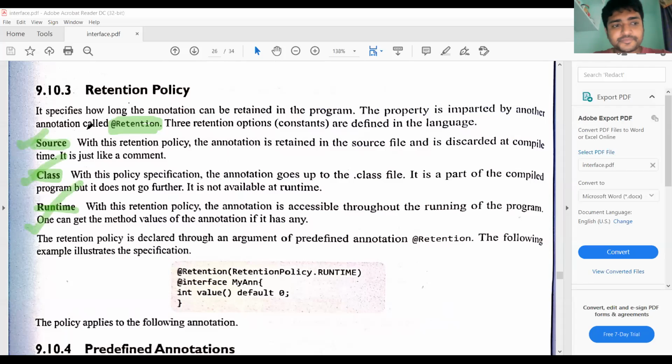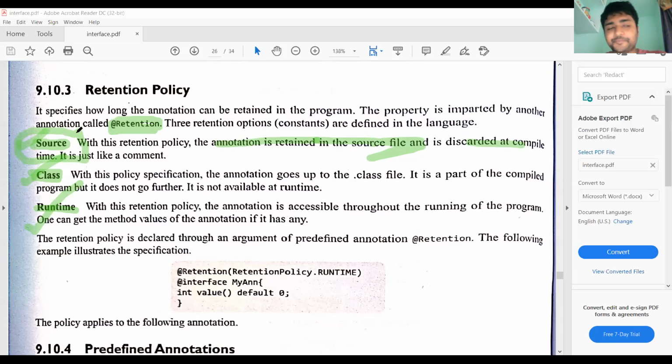If you give the retention policy as source, the annotation is retained in the source file and is discarded at compile time. It's just like a comment that cannot be treated by the compiler.